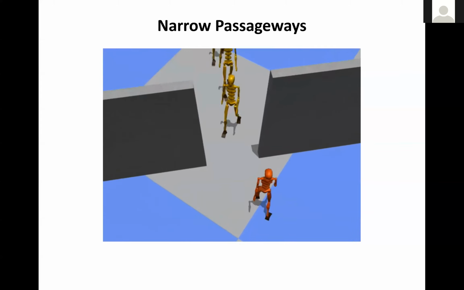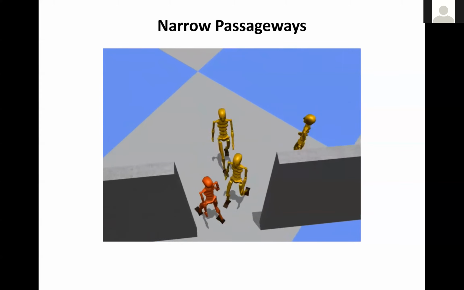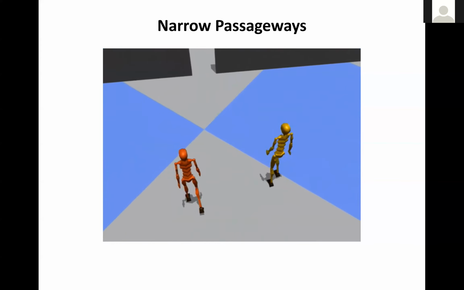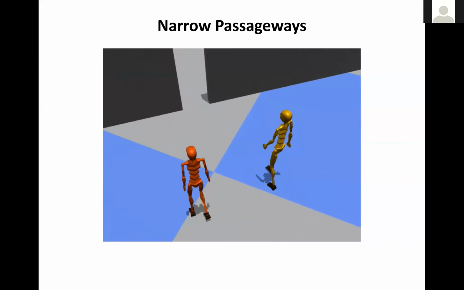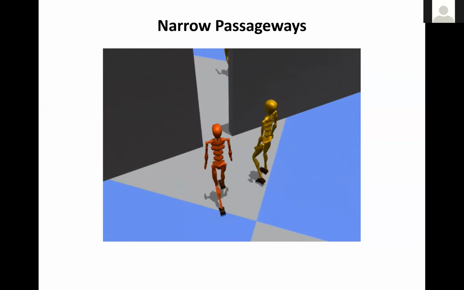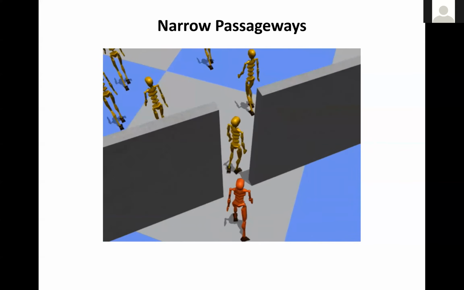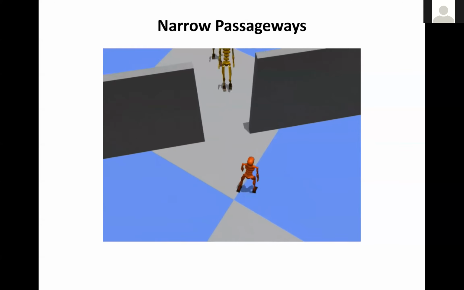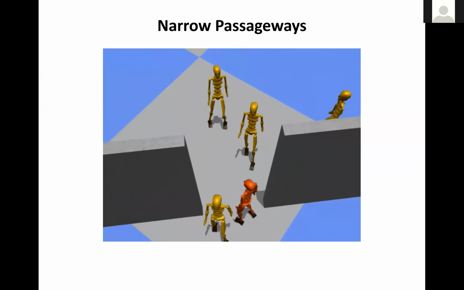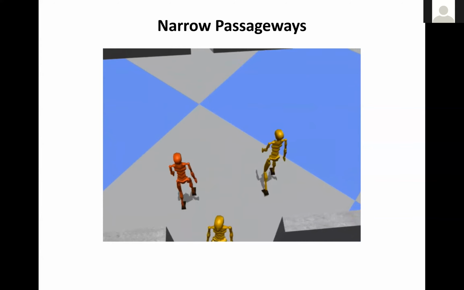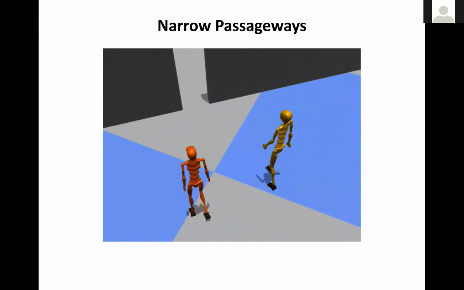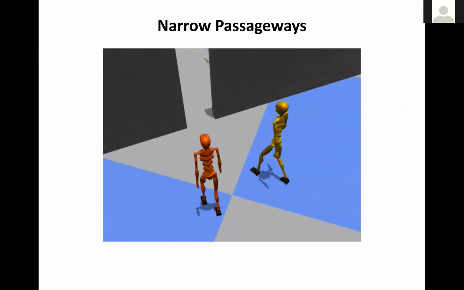In this demo, we can see that these autonomous characters are walking through narrow passageways. The next doorway is so narrow that only one single character can squeeze through. Previous methods would have produced a live lock where these agents would have collided. But in this planning-based approach, we can see that the agent in orange takes a subtle sidestep towards the side, allowing the other agent to pass through before it proceeds to make its own way through the passageway. These kinds of controlled policies naturally arise by having a more sophisticated planning-based controller.